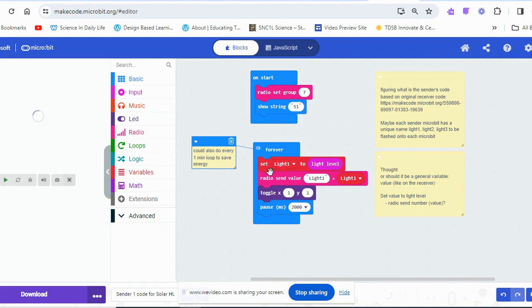Under the forever block, I set the variable light1 to pull the input from the light data sensor built into the microbit number 1. And then when I send data as a